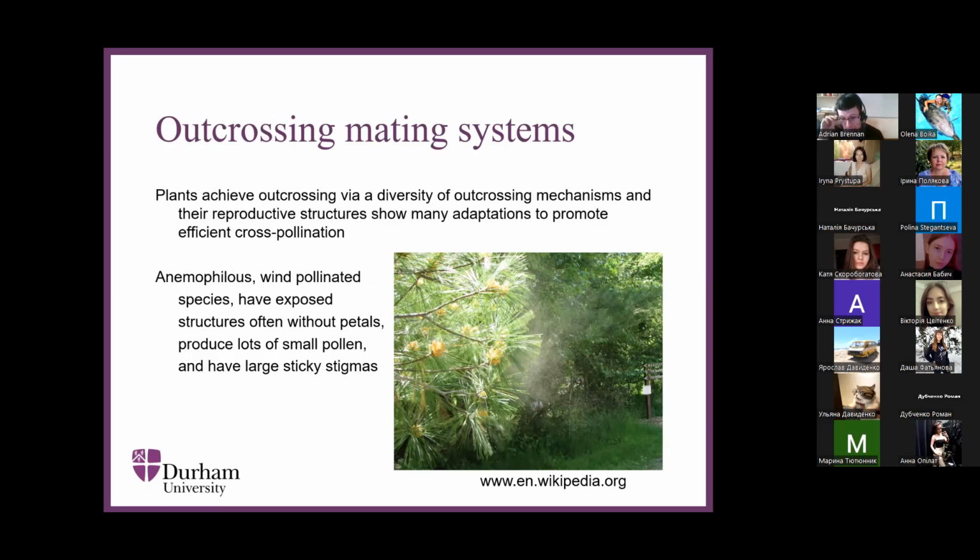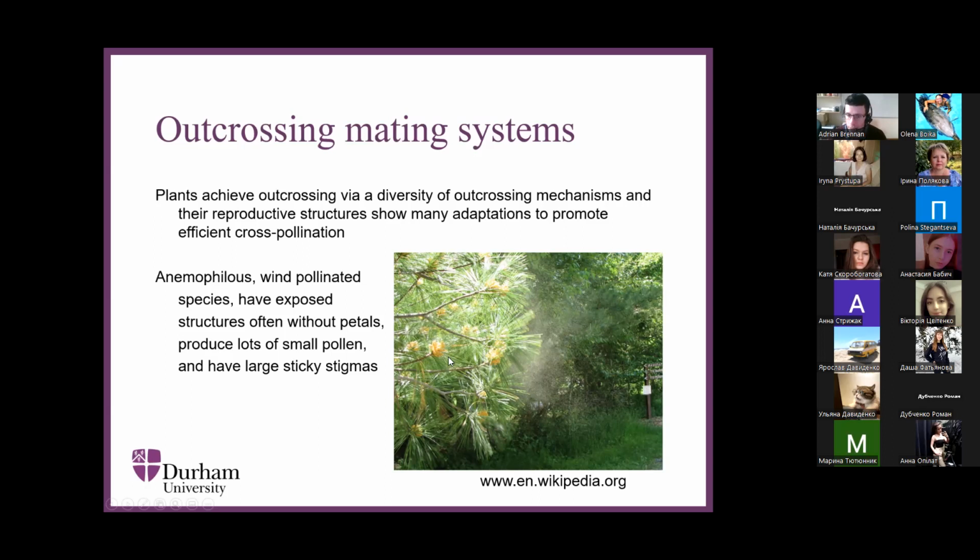So there are very many mechanisms to find that other mate if you are a sessile organism. The first option that you might have is to become anemophilous, which means wind pollinated, and so to rely on the wind, on the air, to spread your gametes and spores. Here's an example of a pine tree dispersing its pollen.